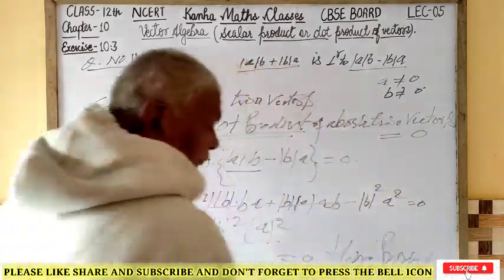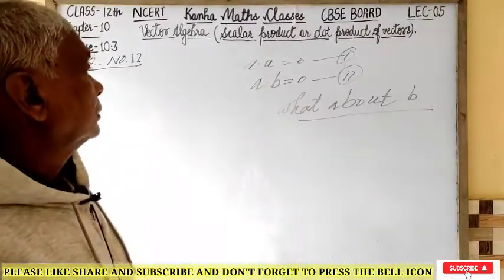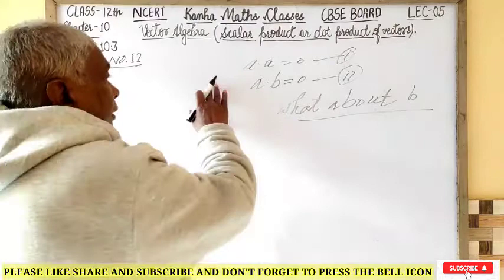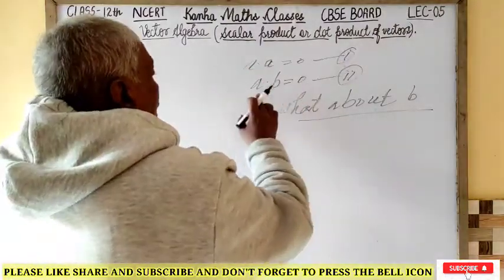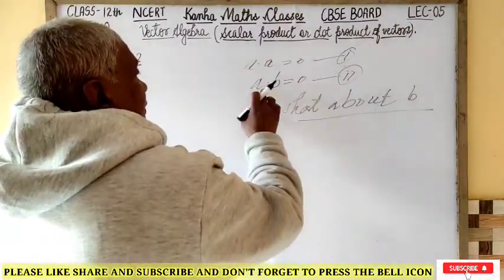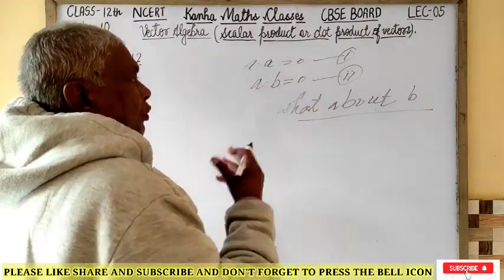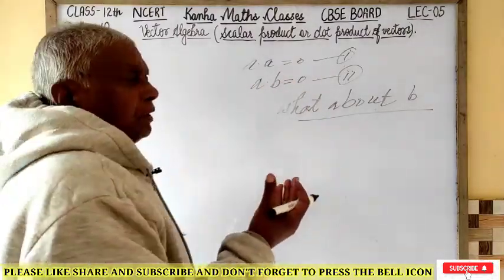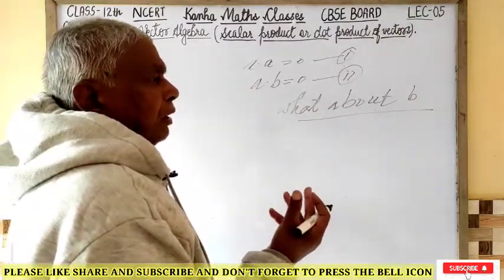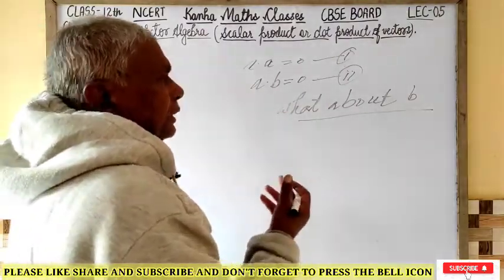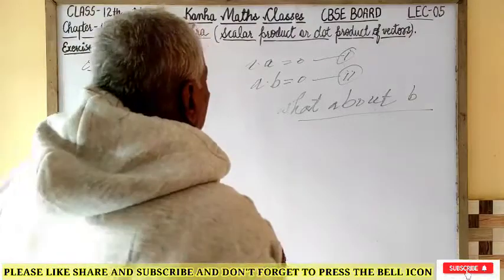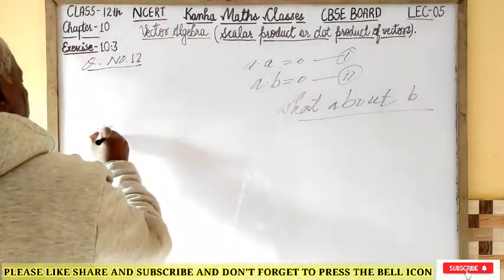In question number 12, it's given that the dot product A dot A is 0 and the second condition is the dot product of vectors A and B is 0. So what about vector B? Whether the vector B is 0 or not, or what is the nature of vector B, it has to be found out. From equation 1,